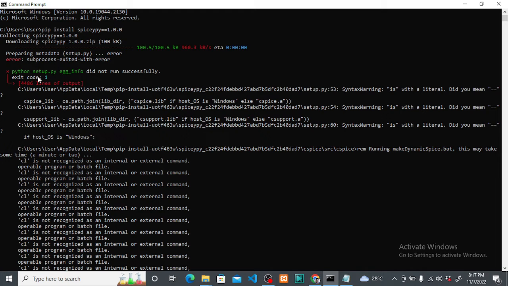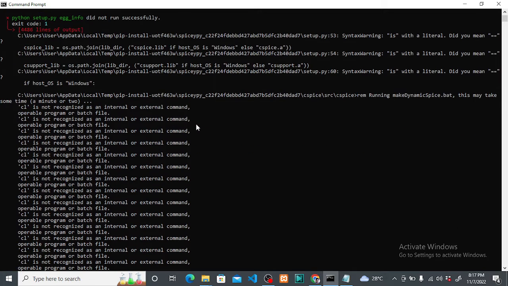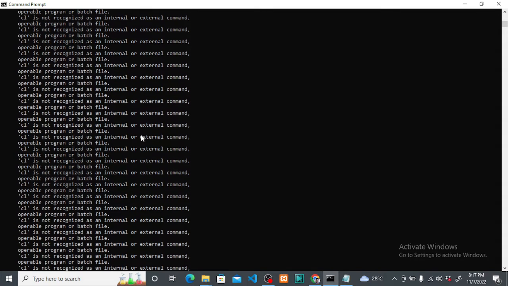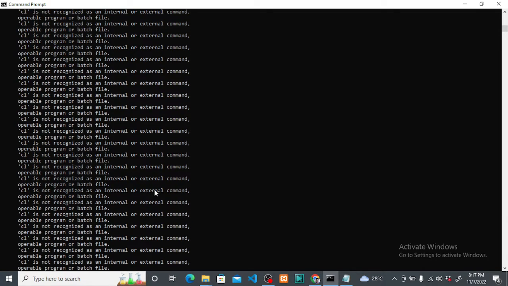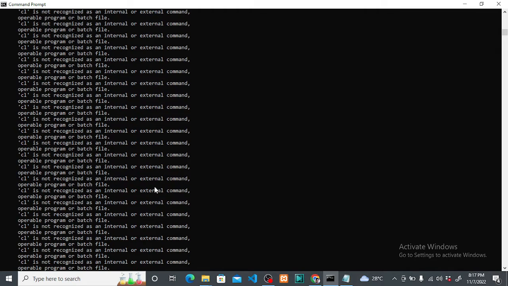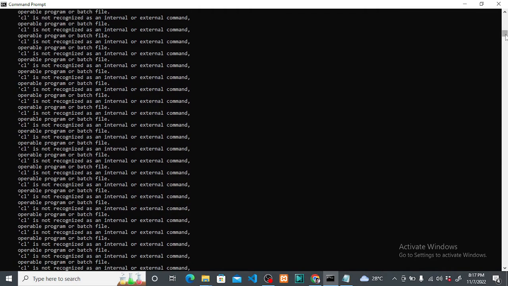It says setup.py egg_info did not run successfully. If you check the reason, the setup.py might not be installed. It says here it's not a recognized command, so the computer is not able to read it. Maybe the library is not yet installed, so I have to install